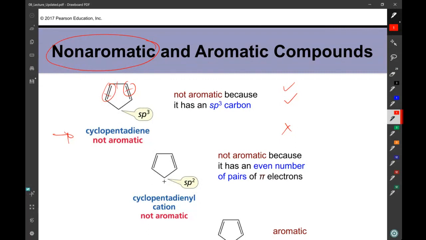Is the molecule planar? No, the molecule is not planar because I have an sp3 carbon over there. So this guy failed 2 tests. So this is a non-aromatic molecule. Does that make sense? Now, next up